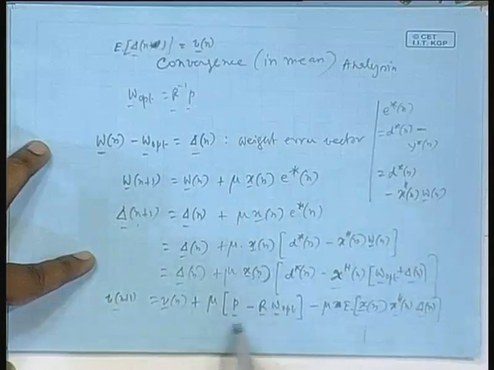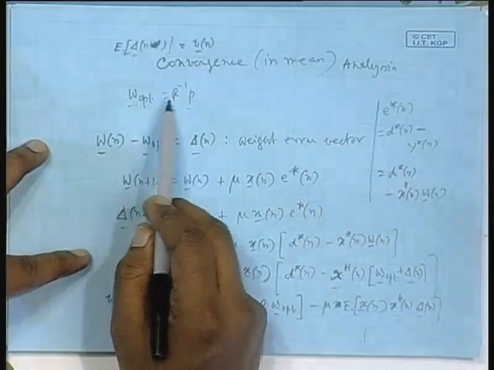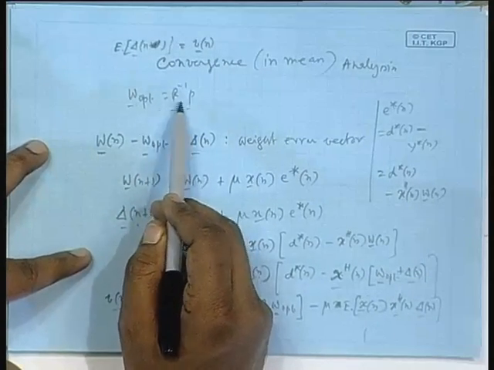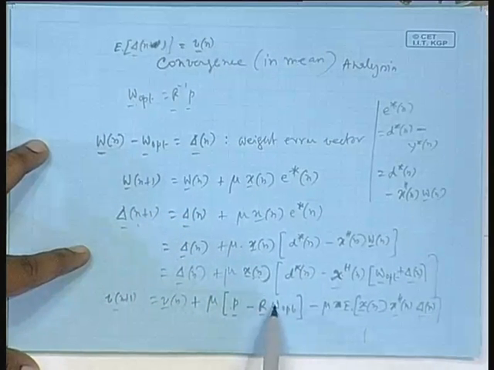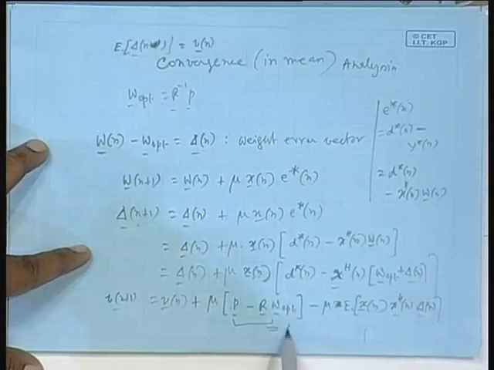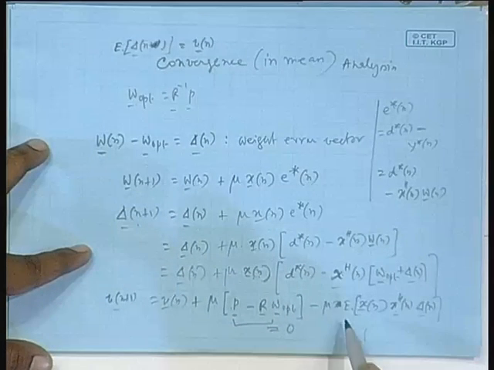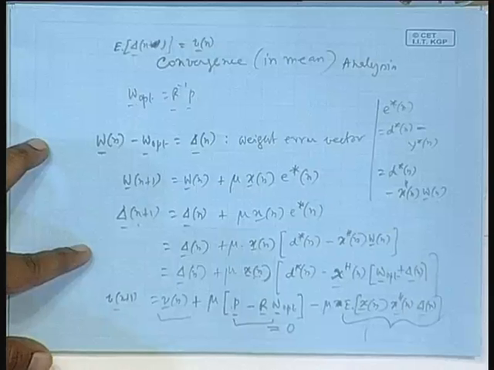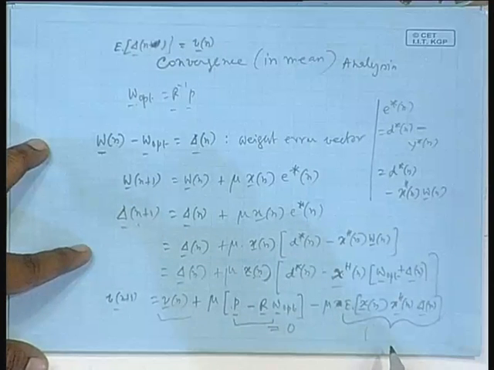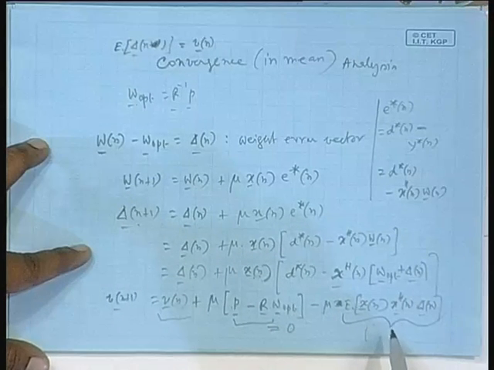Now, consider this, W opt is R inverse P, that is P is R W opt. So, this cancels, P equal to R W opt. So, this is equal to 0. So, I am left with only this and of course, this, right. This term is a crucial term